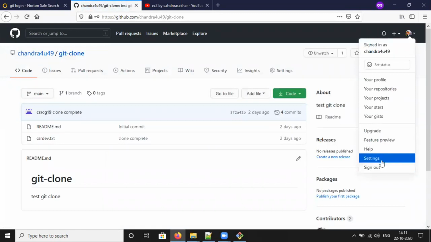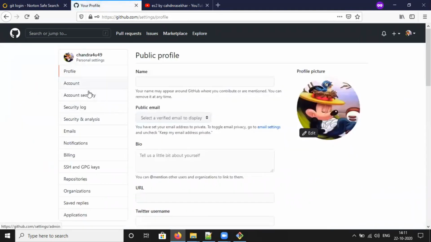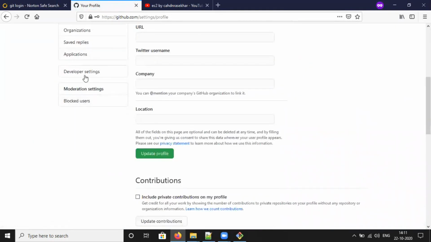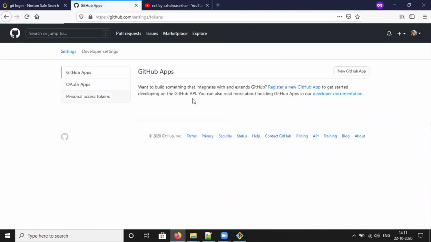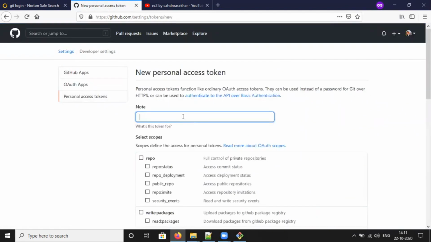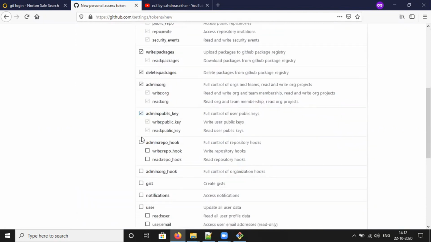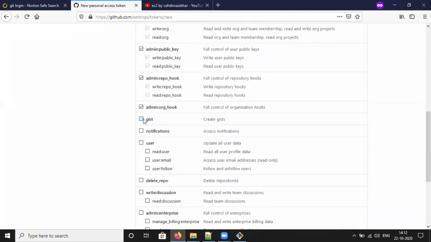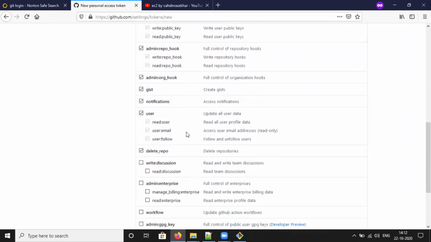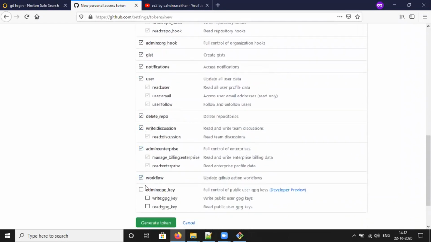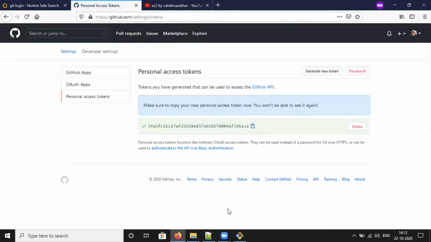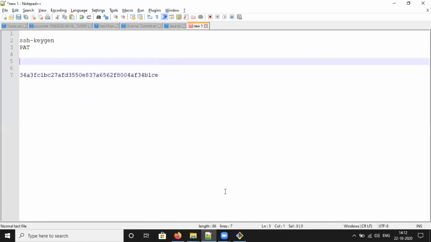I'm going to settings, developer settings, personal access token, generate new token, my token, key. I'm selecting all: gist, notifications, user, delete repo. Generate token. Immediately after generating the token, you need to copy this token, otherwise you cannot see it. After removing this,